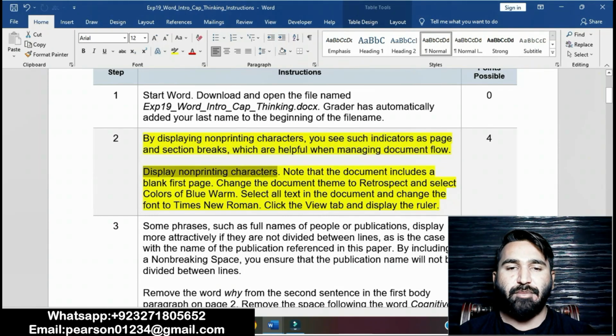Okay, display non-printing characters. Note that the document includes a blank first page. Okay, here are the non-printing characters.